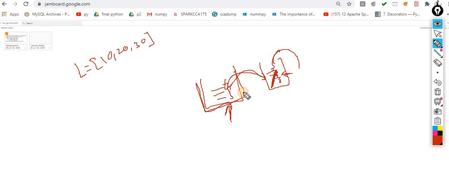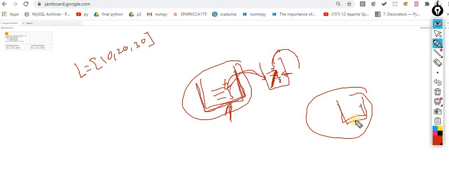This is the cloning concept: I make an exact clone, but the existence is totally different. The memory is different, the name is different, and you can say the address is different, but the values are the same. So this is the concept of copying.